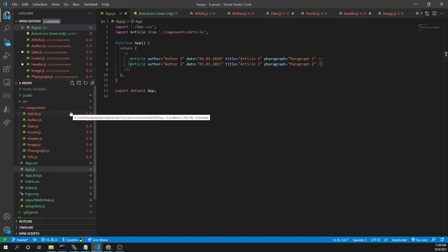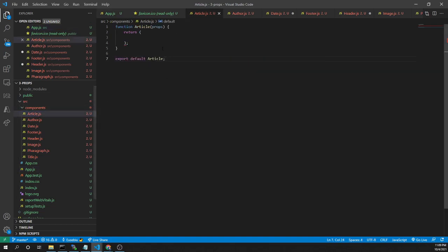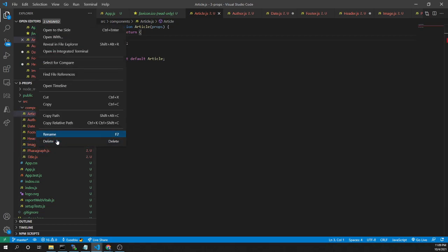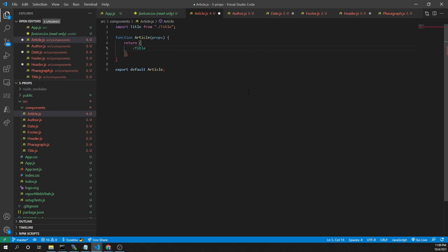Okay, and now in my article component I can access these properties sent here. So here I have props. So from props I'll access my properties. I'll delete the image component. I think that I don't need it, so I deleted image. And let's add in article component my title component.